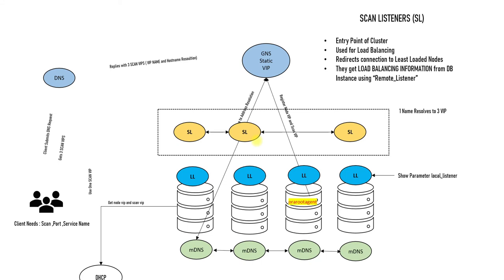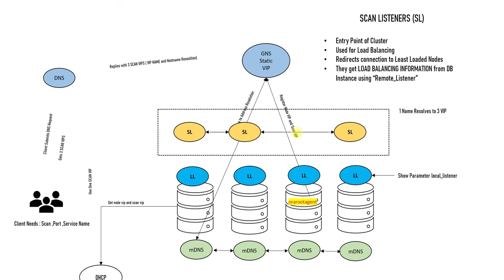And if in future DBAs update the node names or the instance name, or update anything, then clients need to update their tnsnames.ora file to connect to the database. Now in the current situation, because scan resolves to 3 IP addresses, they don't need to worry. They just put the scan name into the tnsnames.ora and the service name where they want to connect. It's the burden of the DNS server. The DNS server looks up that information and resolves the IP addresses accordingly.